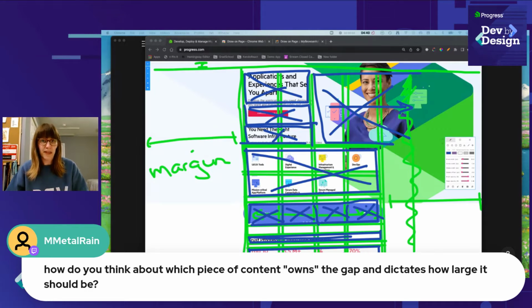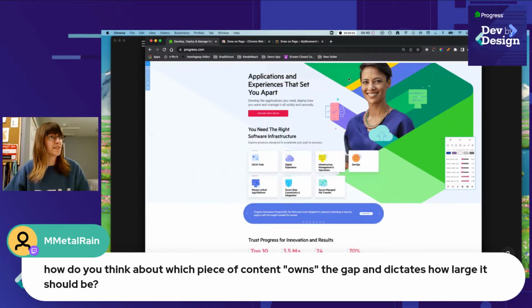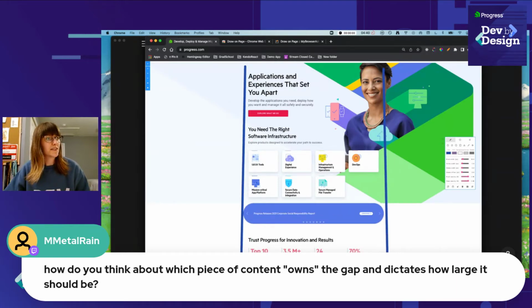I would say the main thing to think about here is where you want to draw the eye. Let me see if I can clear the drawings here, and redo this without all of the crap. So here's our grid, and we're looking at what's important. The short answer is that you want the things that are most important to be basically up at the top and to be large. So,